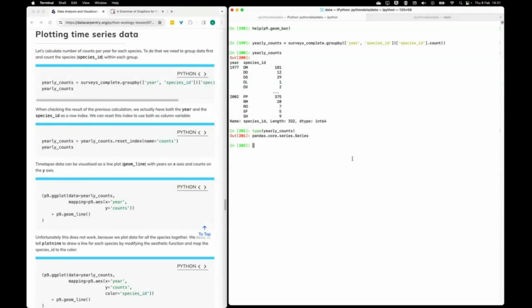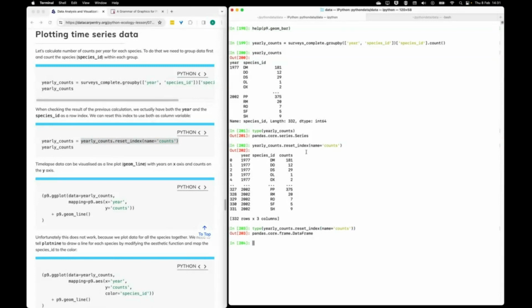Well, no, we already saw earlier, when I was trying to do it with my overly complicated attempt, that Plot9 complained when you gave it something that wasn't a Pandas data frame. So actually what we want to do is change this Pandas series into a Pandas data frame. One way to do that is what they're doing here, and this is in fact why they do it. They reset the index, and then they rename this. And so this changes